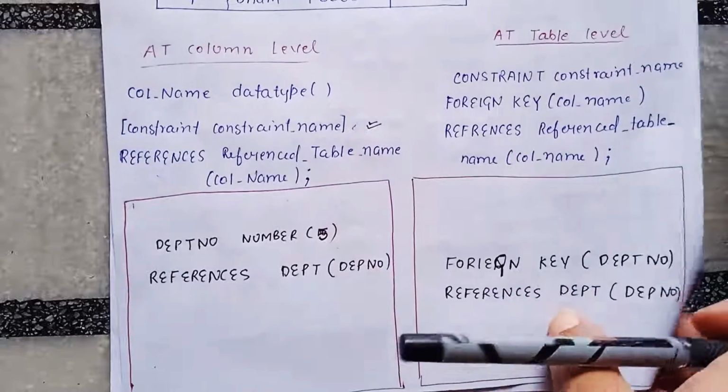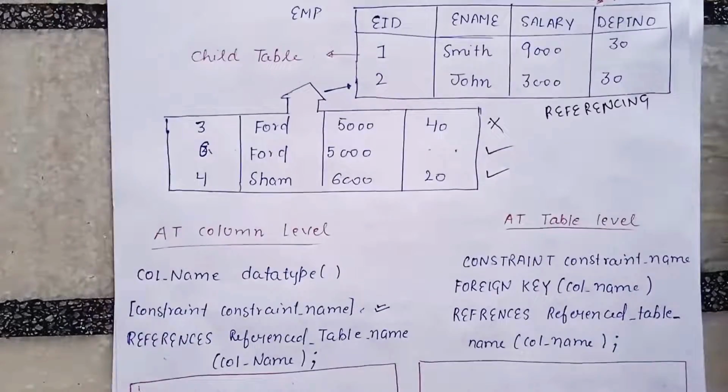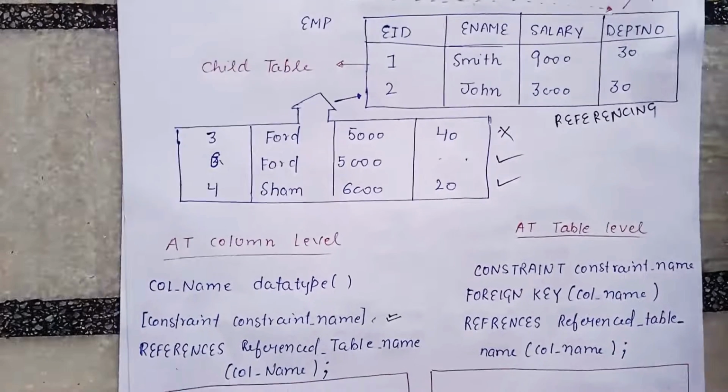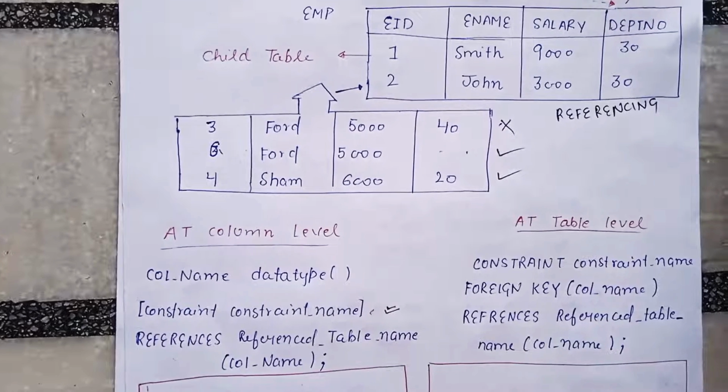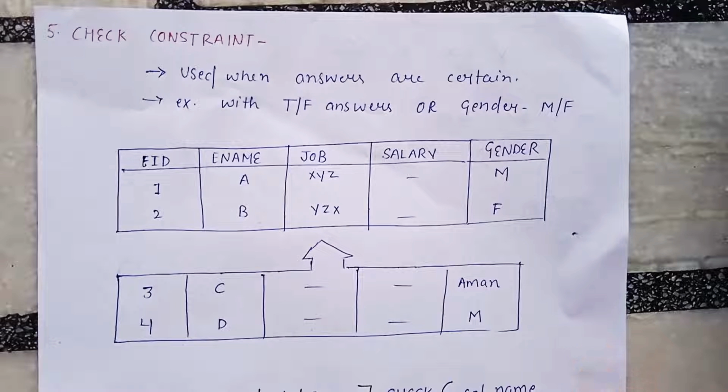So this is a simple way of creating a foreign key constraint, and it is basically used for ensuring referential integrity. So this is what a foreign key constraint is. Next, and we can say the last constraint that is provided by SQL is